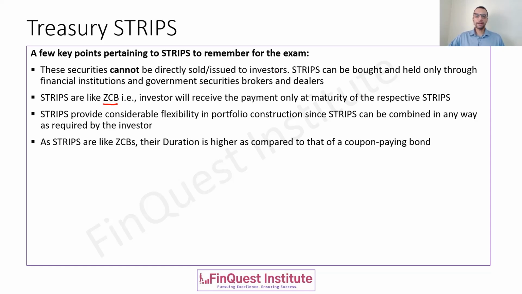Now, talking from a risk management perspective, we can safely say that the duration of strips is higher as compared to a coupon paying bond, because